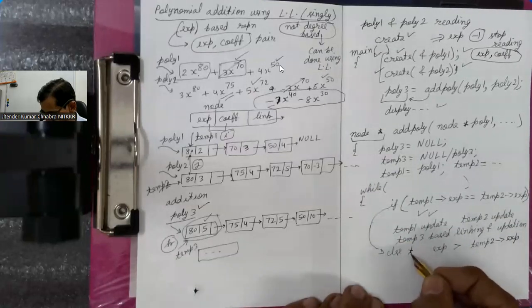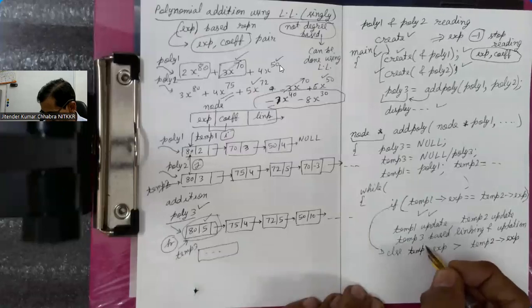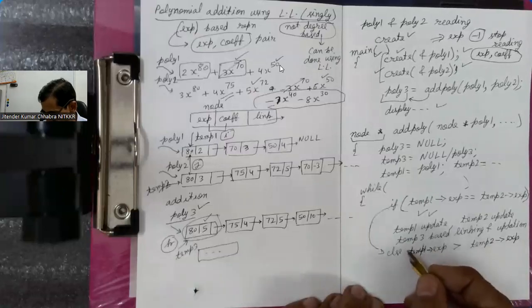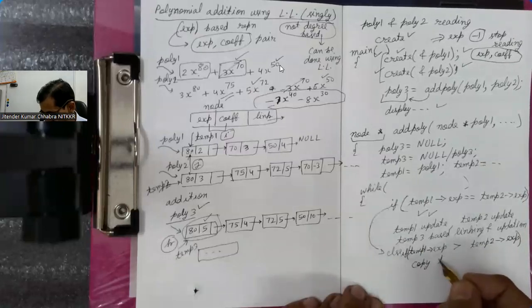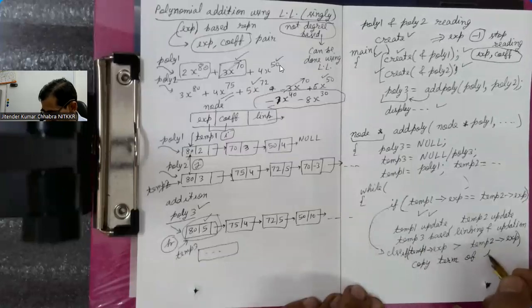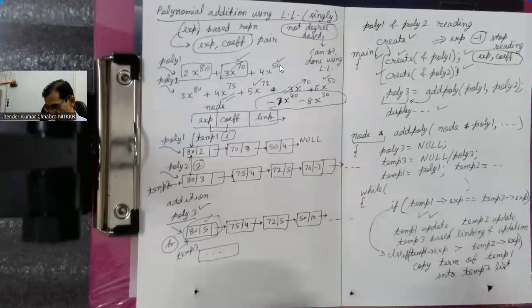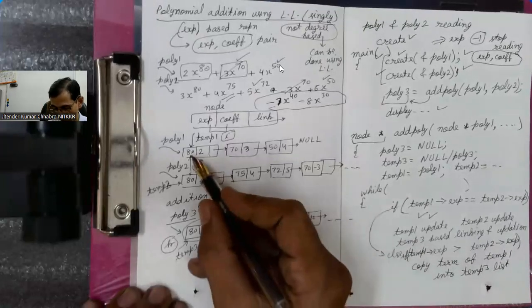If temp1's exponent is greater, effectively it means that I have to copy the term of temp1 or poly1 into the temp3 list, and every time temp3 should be updated. So first time, for example,